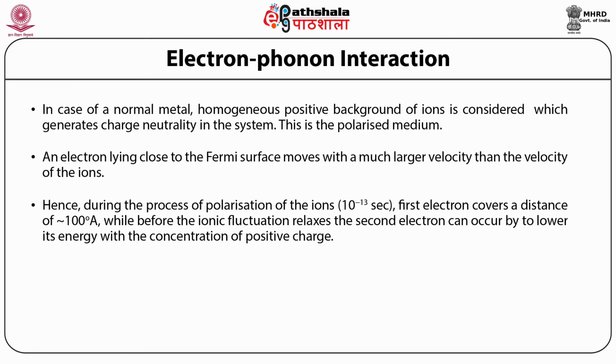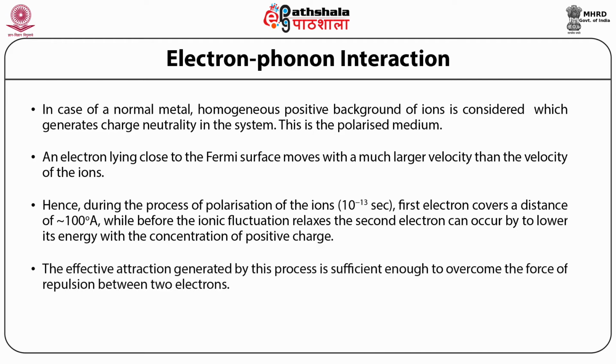Hence, during the process of polarization of the ions, whose time period is of the order of 10 to the power minus 13 seconds, the first electron covers a distance of approximately 100 angstrom. Before the ionic fluctuation relaxes, the second electron can come by to lower its energy with the concentration of positive charge. The effective attraction generated by this process is